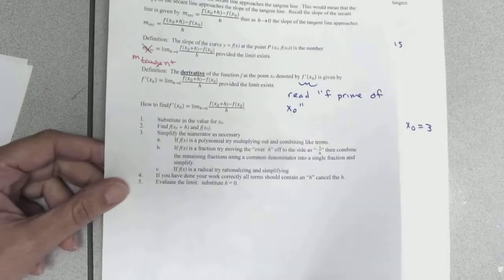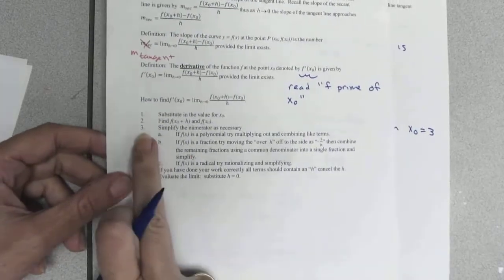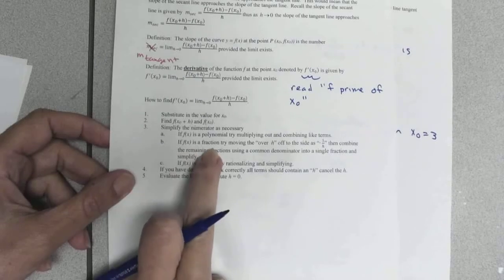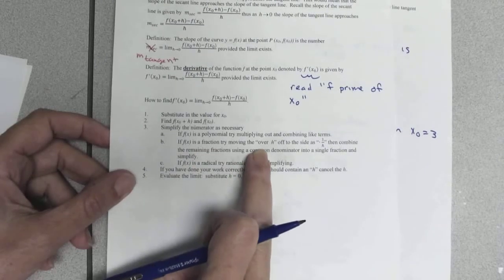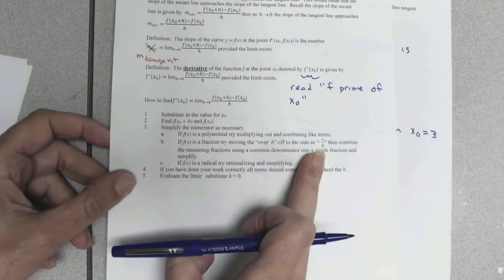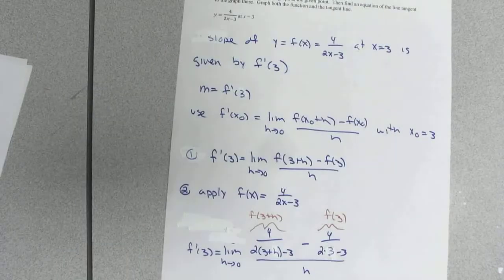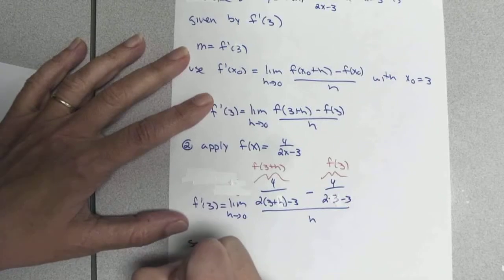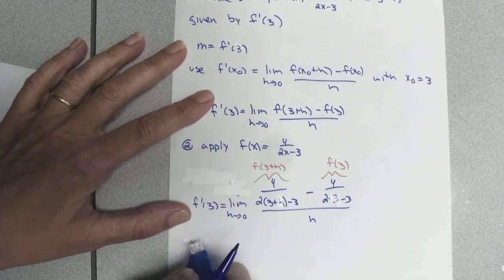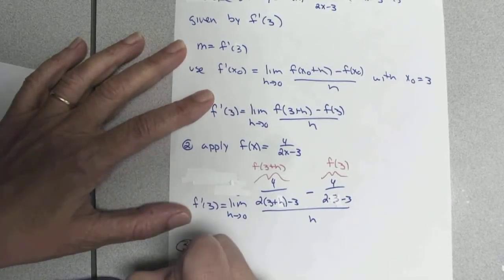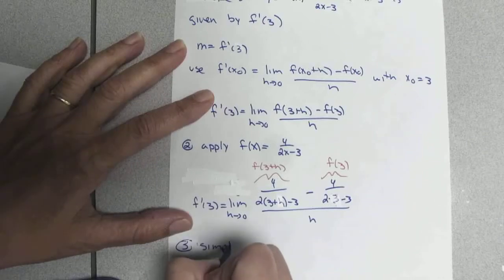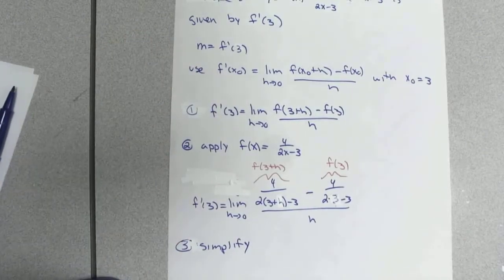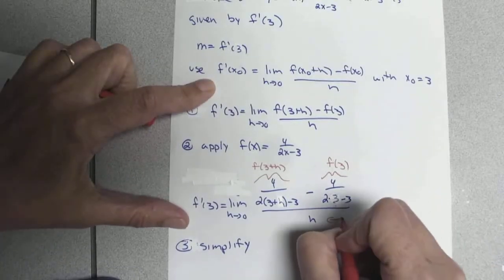And if I go back to my steps over here, we're up to step 3. B, if f of x is a fraction, try moving the over h to the side as times 1 over h. So we want to simplify here. So step 3, simplify. And what we want to note here is this means